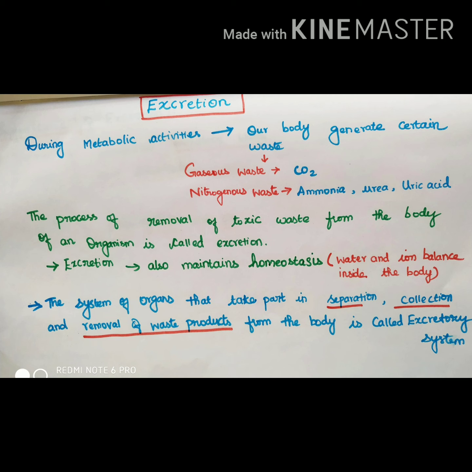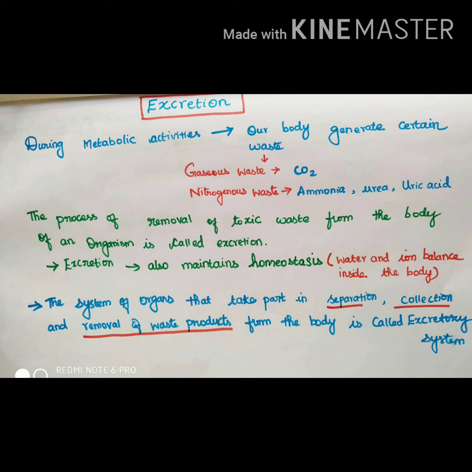During the metabolic activities, as I already said during the digestion lesson, what are the metabolic activities? Actually, we take in food. The food is converted into energy with the help of the inhaled oxygen. Right. So while undergoing these metabolic activities, our body will generate many byproducts that may be considered as waste. So the unwanted byproducts are called waste. If it is a gaseous waste, the example is carbon dioxide, and nitrogenous waste like ammonia, urea and uric acid.